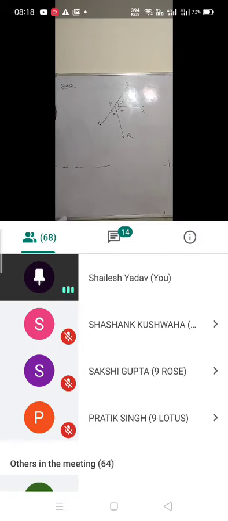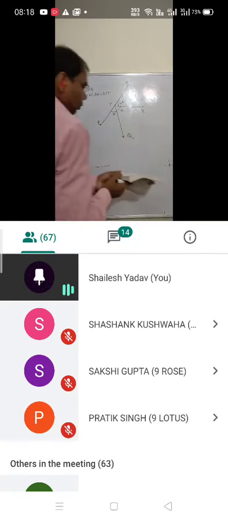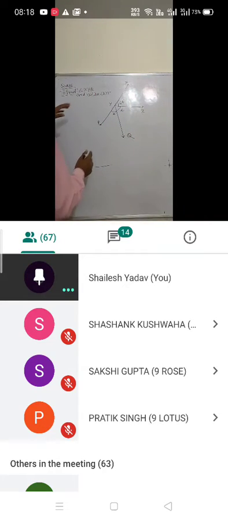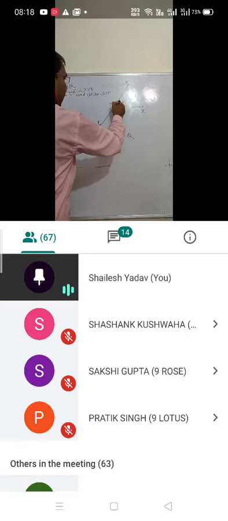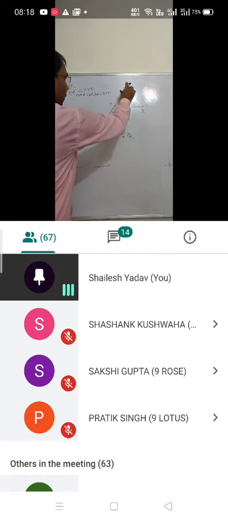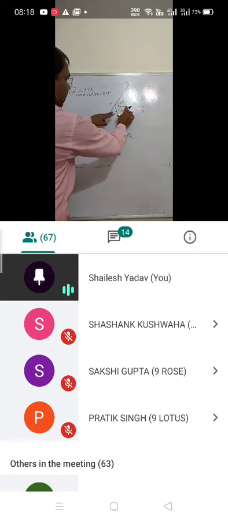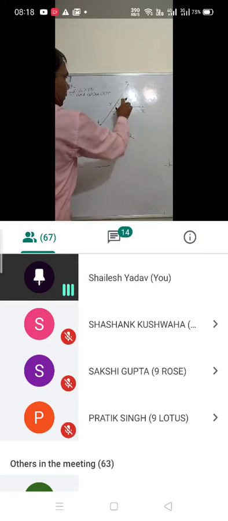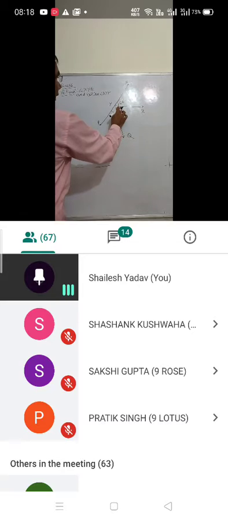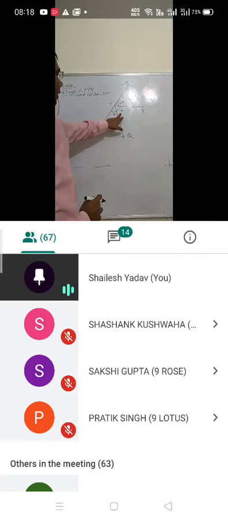Now in the question it is asked to find angle XYQ. So what are you going to find? You need to find angle XYQ and reflex of angle QYP. This value you need to find for this diagram. First you need to find angle XYQ. So angle XYQ is equal to 64 degrees plus X degrees. But the X value is not given here, so first you need to find the value of X.